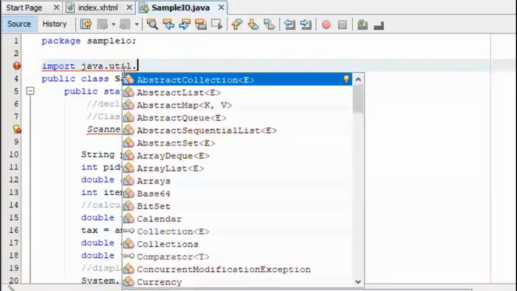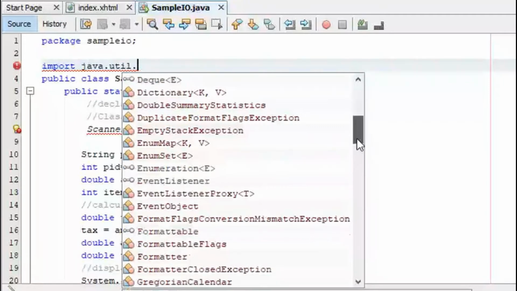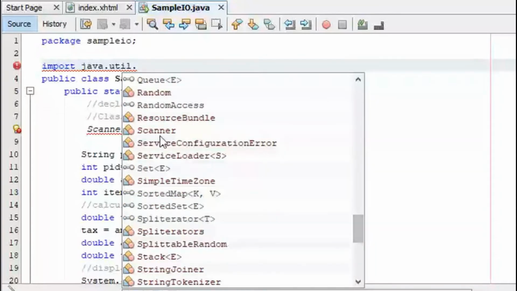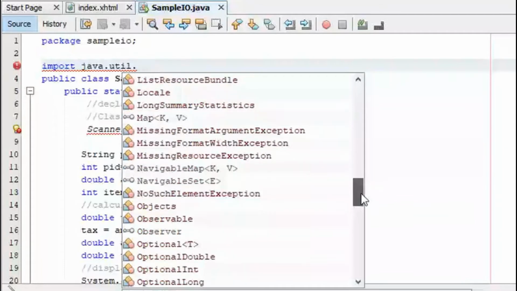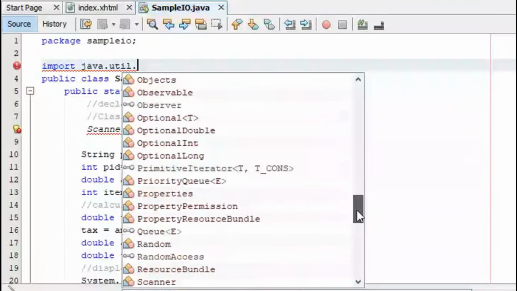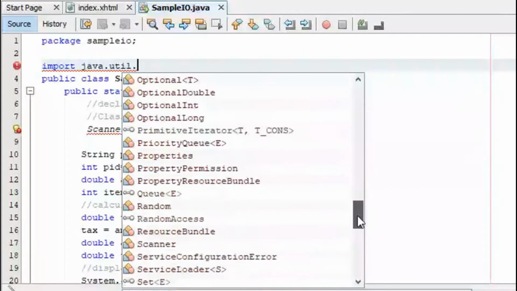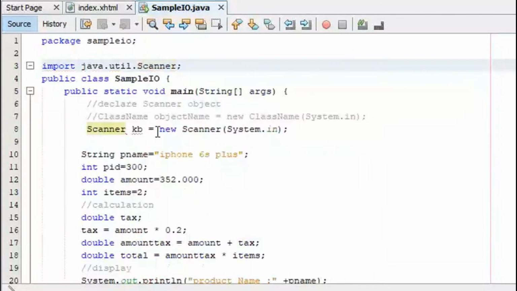So these are the utility files, where many of your commands or methods are included. You see that? There are so many. You can have Random, Stack, StringJoiner, Optional, List, Enumeration, and so on. What do we need here? We will only need the Scanner utility class. Where is that? Maybe you will not remember the spelling, but it's here. You just double click that and it adds the semicolon. So done. Do we still have the red mark?